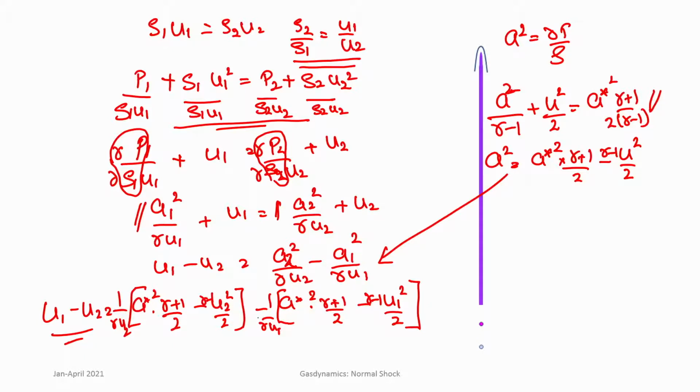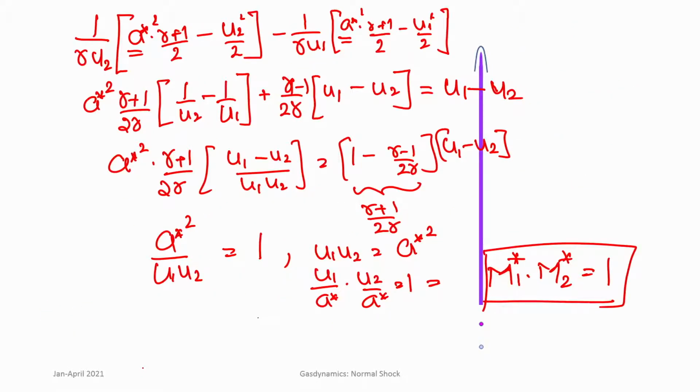The idea is that a star remains constant across a normal shock. So we use that information and import that into the equation here, and then do the simplification using some algebraic manipulations, and finally arrive at the condition that M1 star multiplied by M2 star across the shock